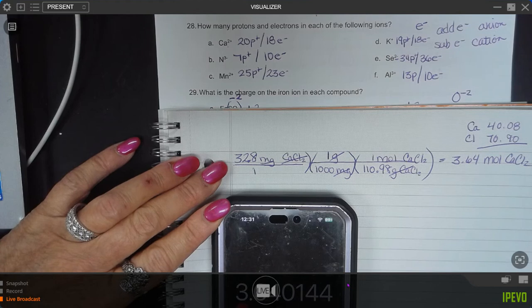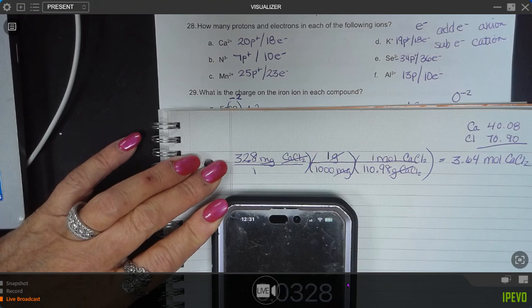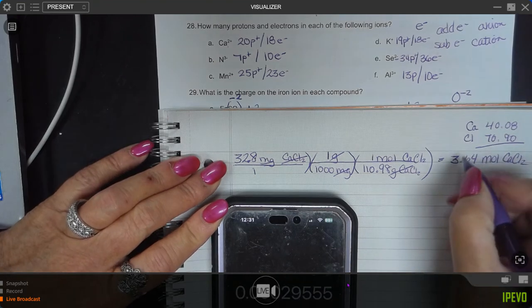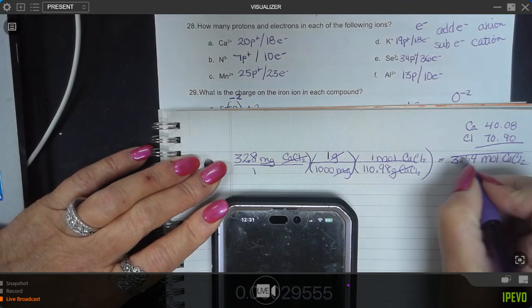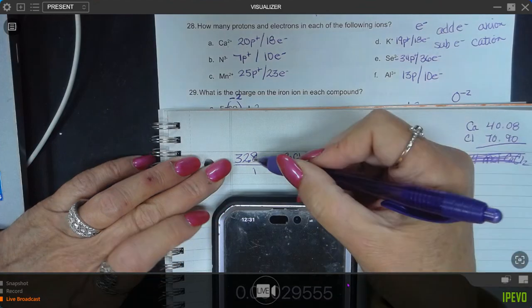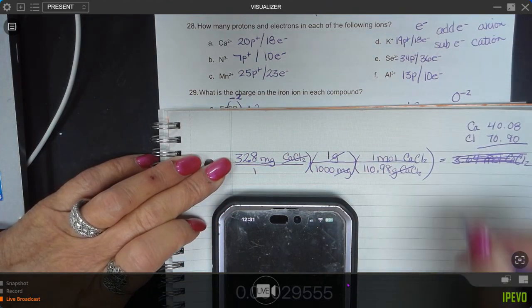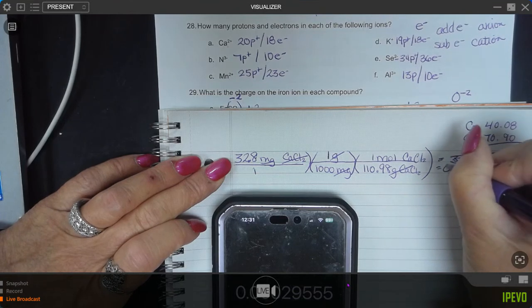I did something wrong with that problem. 32.8 divided by 1,000 divided by 110.98. I don't know what I just did. I guess I could look back at my video and see, but I just looked at that and realized that is a wrong answer. So 32.8 divided by 1,000 divided by 110.98, what I get is